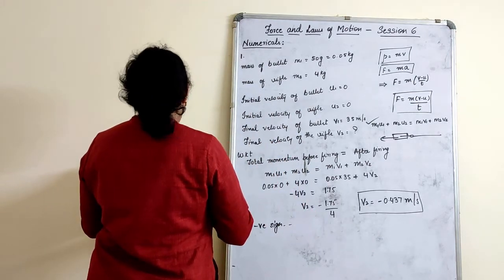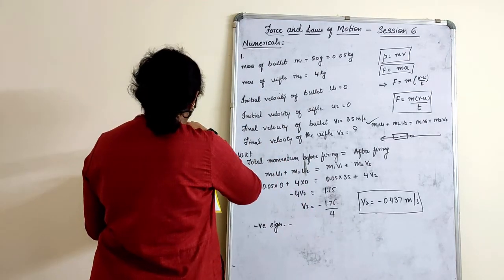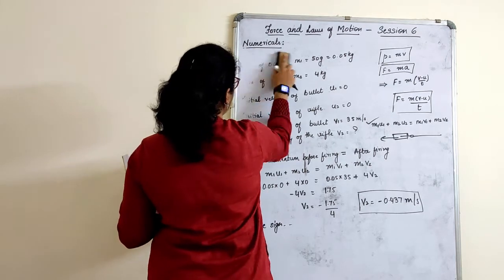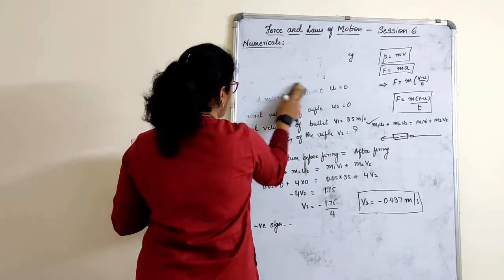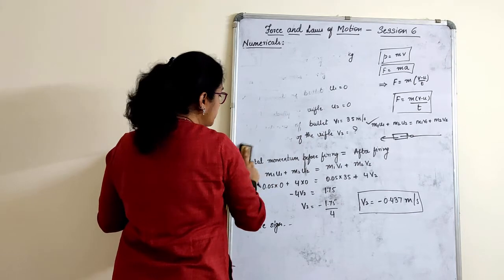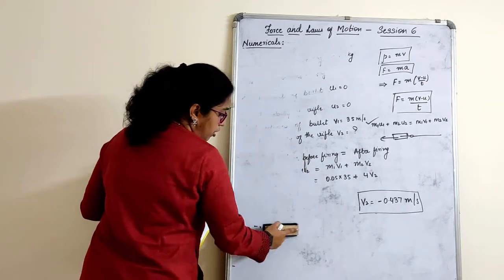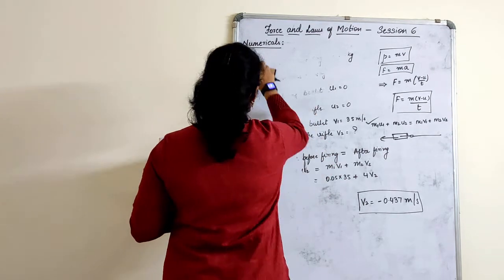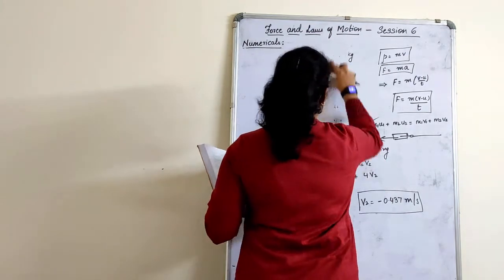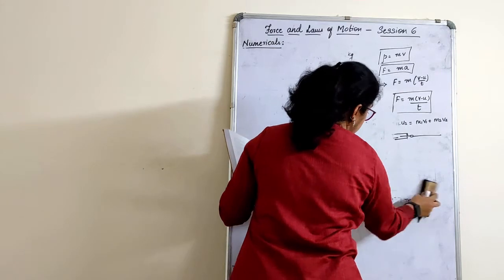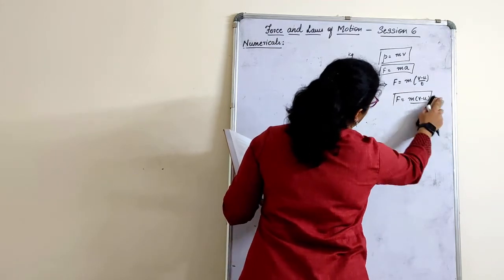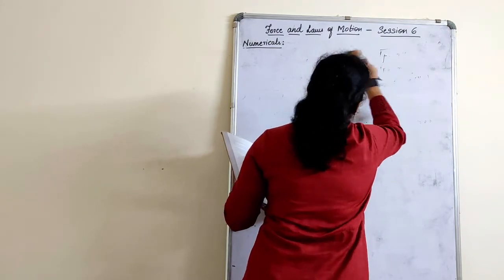Page number 127. I think the same, you have one more example there. Only two numericals are given in the in-text question answers, or in between the textbook. Rest all are given in the exercise. Then we have lot many worked examples. So first we have to solve them so that we can understand how to start the exercise sums also. I'll just erase these formulas.